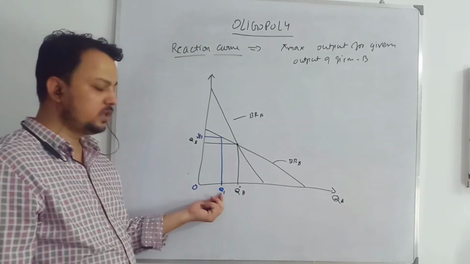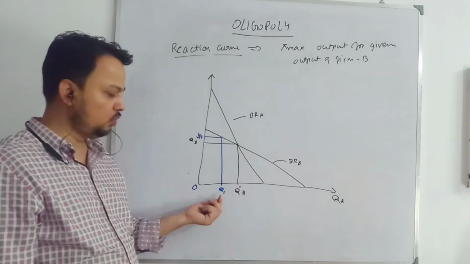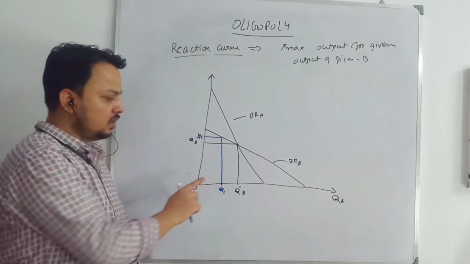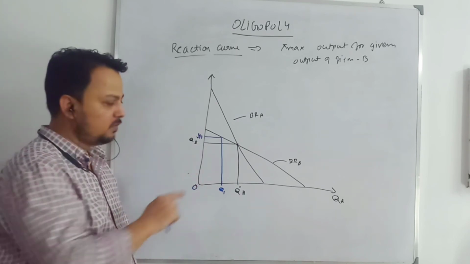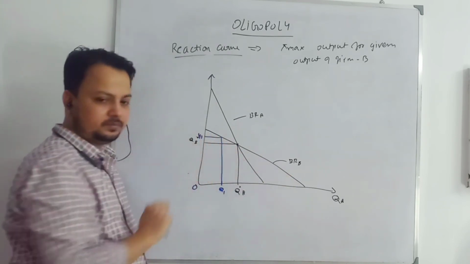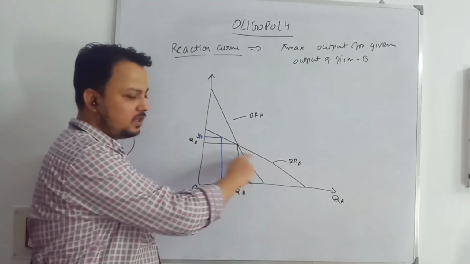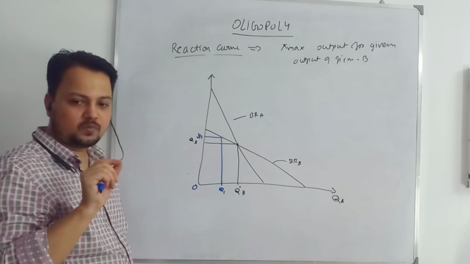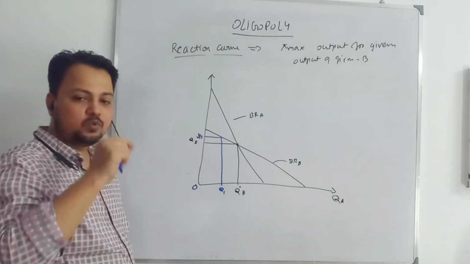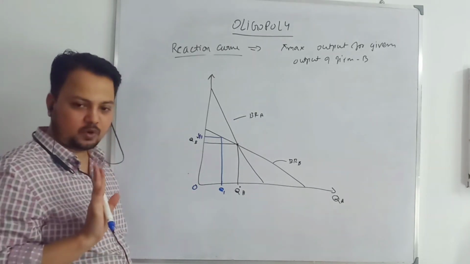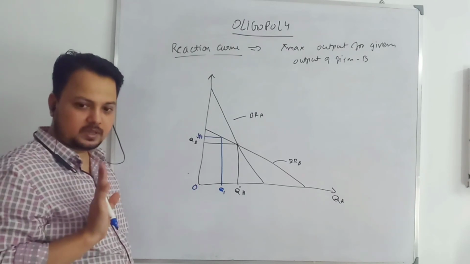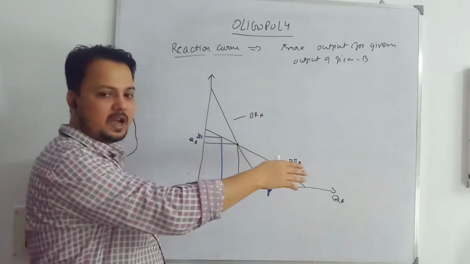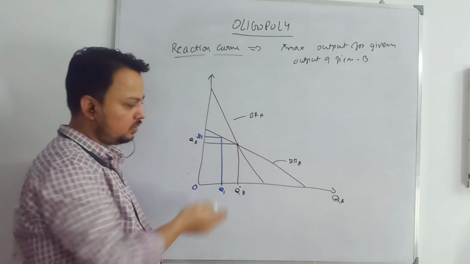Suppose output is lower than the equilibrium output, say Q1. If firm 1 is producing Q1 output, what is the best response for firm B? I will know through the best response curve. How have I derived the best response curve? Through isoprofit lines. For the given output of firm A, what output level will firm B produce that will maximize its profit? That is our best response curve. It is a locus of combinations on the isoprofit curves, where we have taken the highest point, and I derive it.